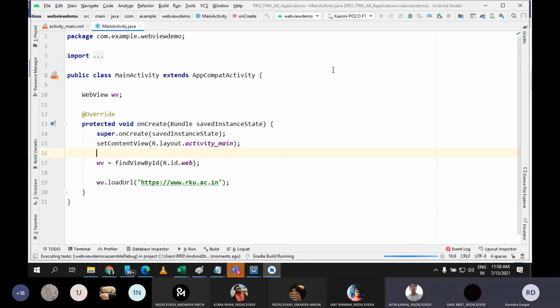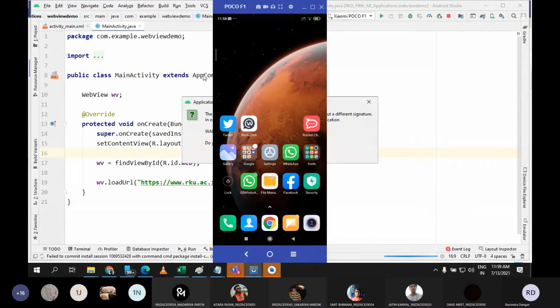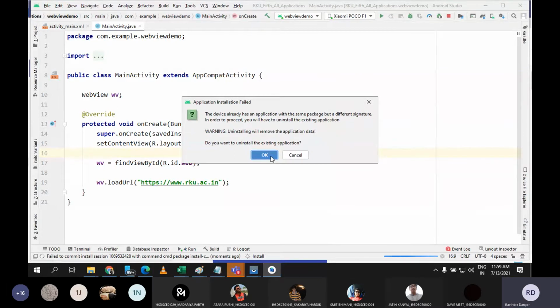Sir, there might be internet permission, something like that? Very good. Who is that? Yes, sir. Very good. Correct. Your answer is perfect. See, I have not given the internet permission for my application. So using my application, I cannot access the internet as of now, because I have not given the permission. And I'll let you know how you can give a permission also.